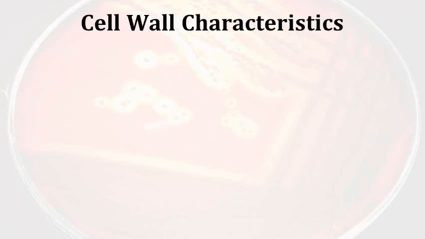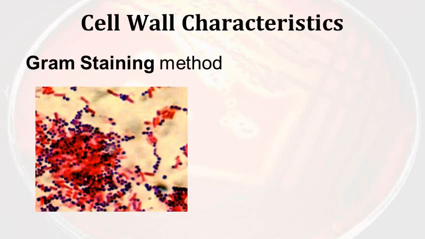Cell wall characteristic is another way to classify bacteria, and it is done with the help of the gram staining method. It is nothing but a unique coloring technique developed by the scientist Gram. So we'll be focusing on the end result of this gram staining method. With this picture you are able to identify different colors, and these different colors are nothing but representation of different